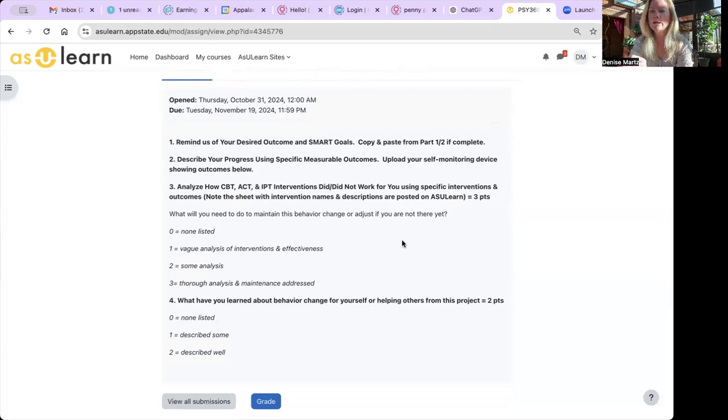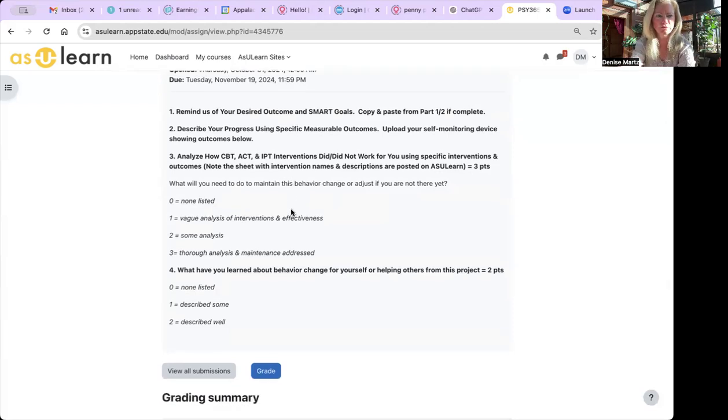And then if you had to tweak it at all, if there was a point in time where you realize, okay, I'm doing this intervention, I'm doing my monitoring, something happened and it wasn't working very well, so I added in another intervention to try to improve it. So not only saying whether it worked or not, what adjustments did you make across time, and when did you make those adjustments? That would be perfect here in number 3.